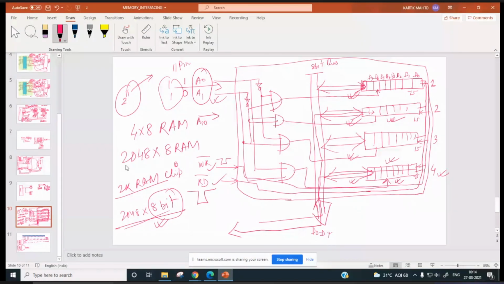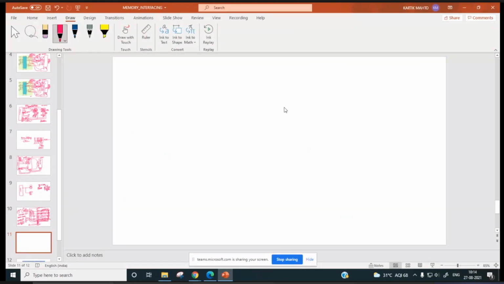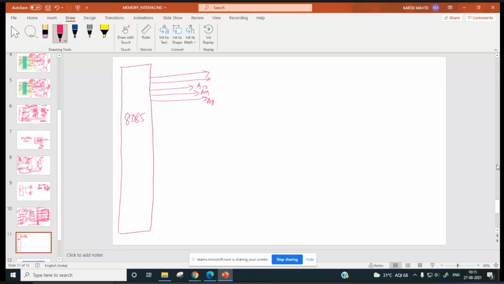Now let us interface 8085 with this type of ROM and RAM chip. So new slide. Again, I am drawing that 8085 over here. Right, 8085 will generate A8, A9, A10, and A11 to A15.